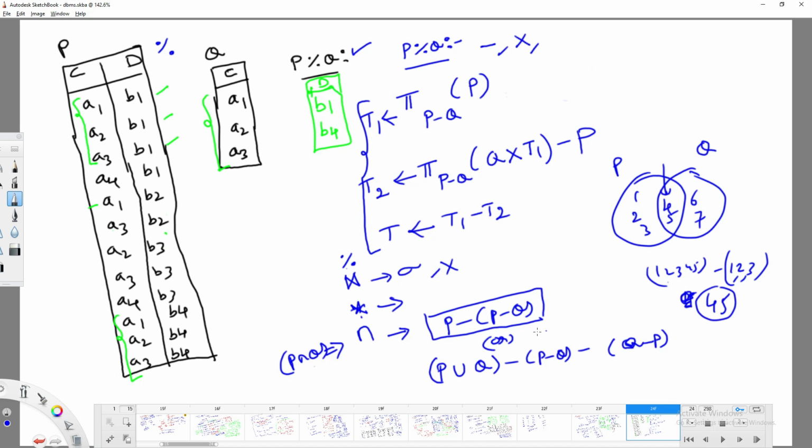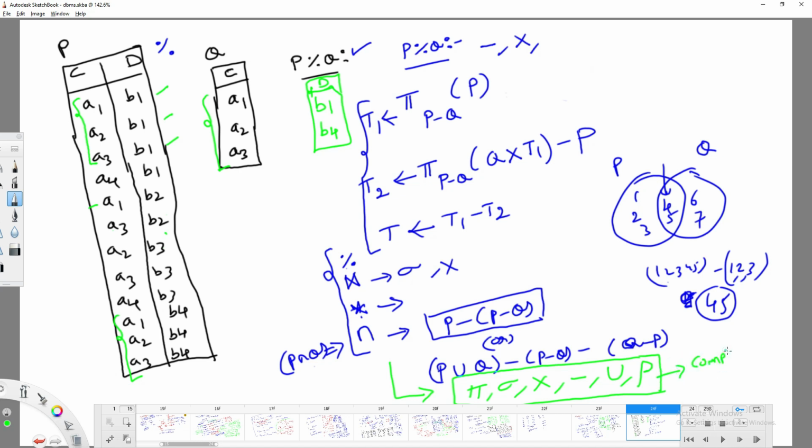The basic operations are projection, sigma, cross product, minus, union, and sometimes, if required, we can also use rho. All this we call the complete set of operations. Why do I call it the complete set of operations? With the help of these operations only, I can derive any other operation. That's why we call it the complete set of operations.